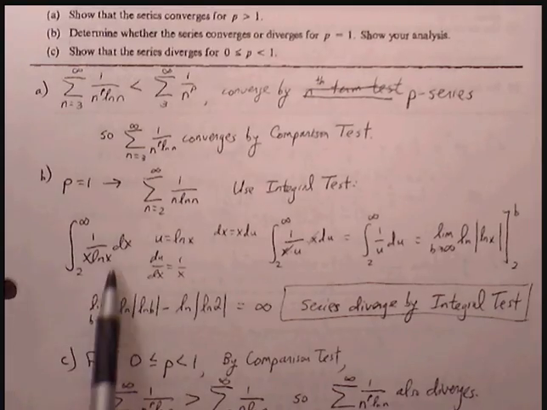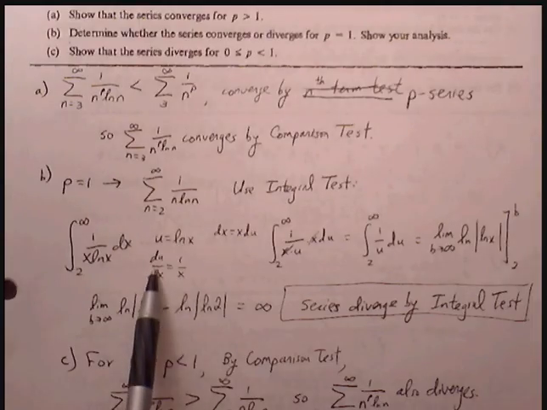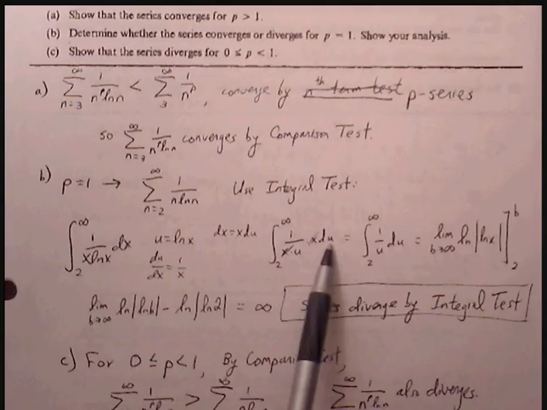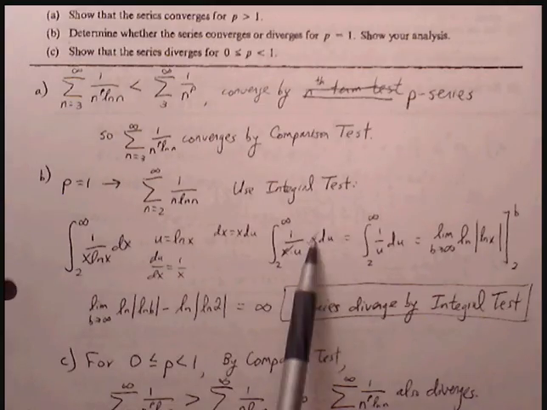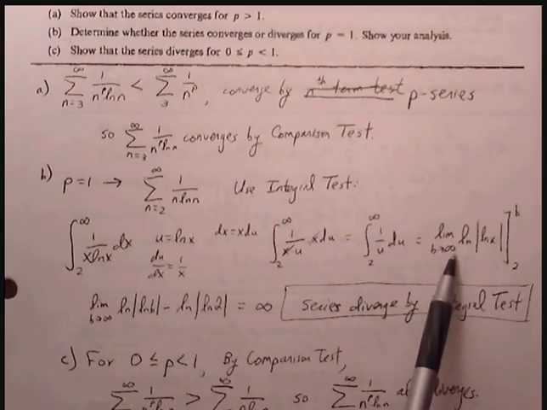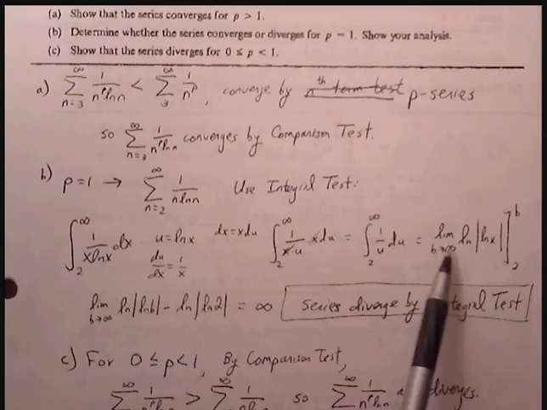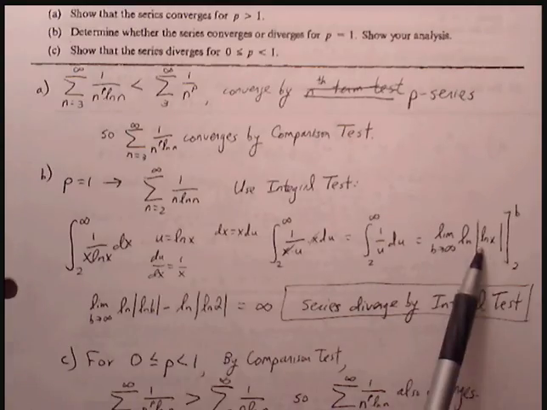If we go through u substitution, we can let the u value be natural log of x. The derivative, du over dx, is 1 over x. dx equals x du. x du replaces dx. The x's cancel out. We're left with 1 over u. Limit as b approaches infinity, for the antiderivative is natural log of u, and then the u value is ln of x, and then we